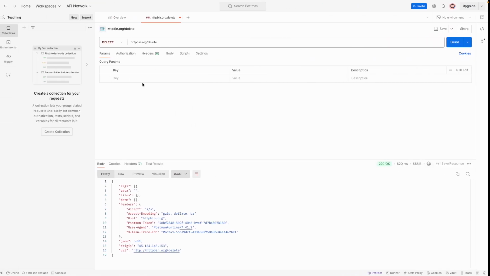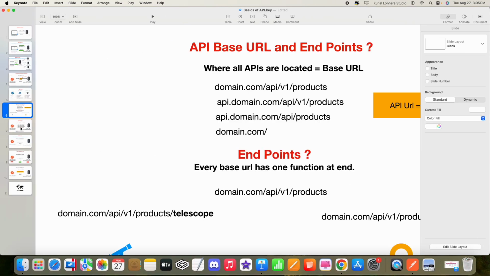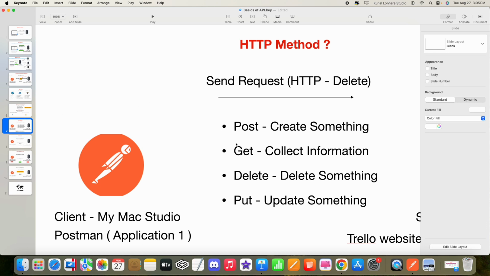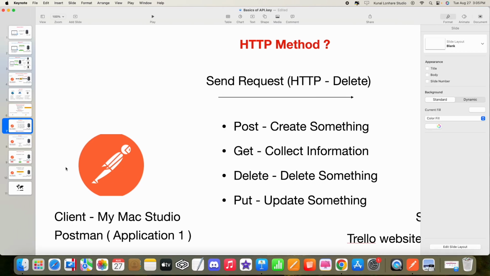Okay, so hope you guys are now understanding that whatever we have learned in the concepts here about base URL and HTTP, now you are actually applying that. Slowly and gradually you will understand each and everything. So this is where you just have to understand